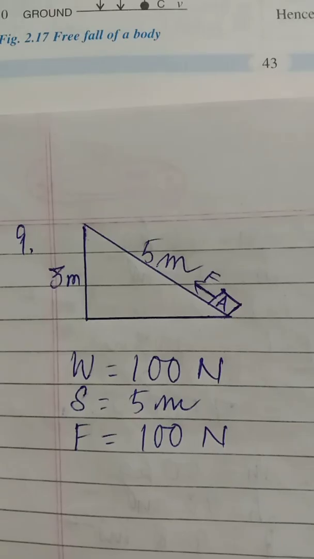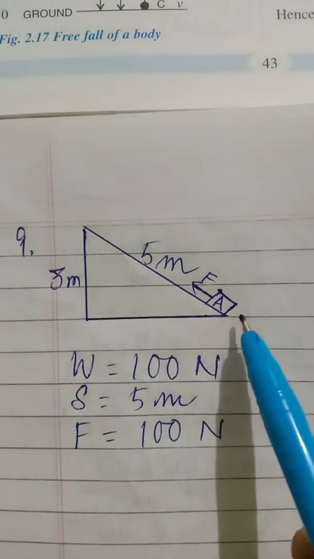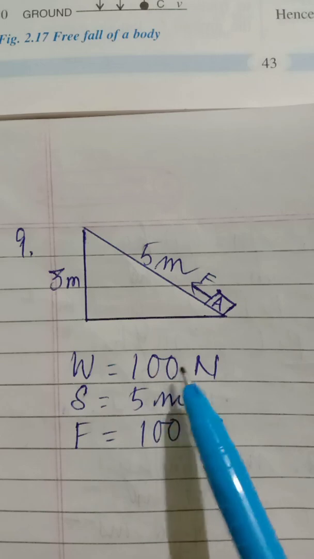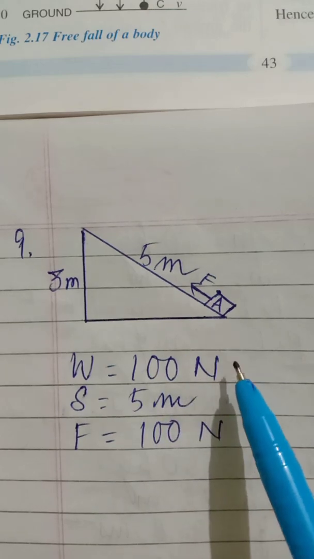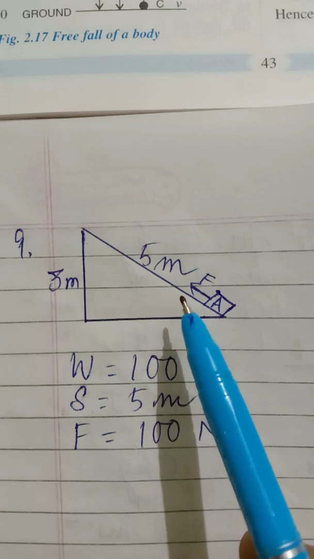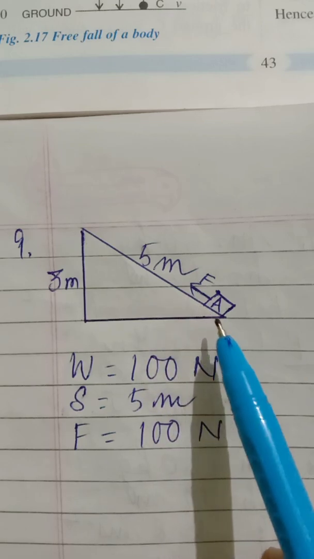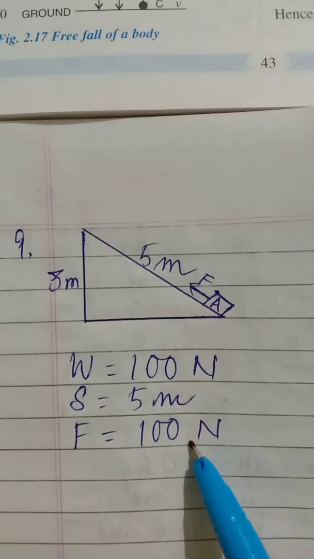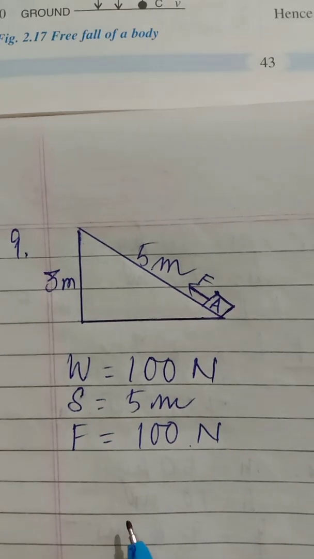Question number 9 says a block A weighing 100 Newton, which means the weight of the block is 100 Newton, is pulled up a slope of length 5 meter by means of a constant force F equal to 100 Newton, as illustrated in the figure. The first part is: what is the work done by the force F in moving the block A 5 meter